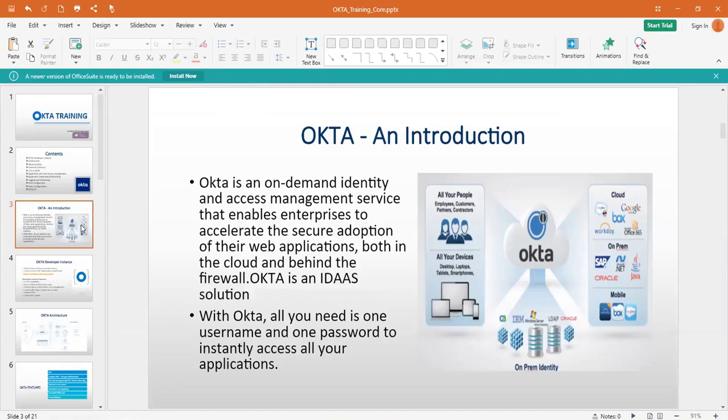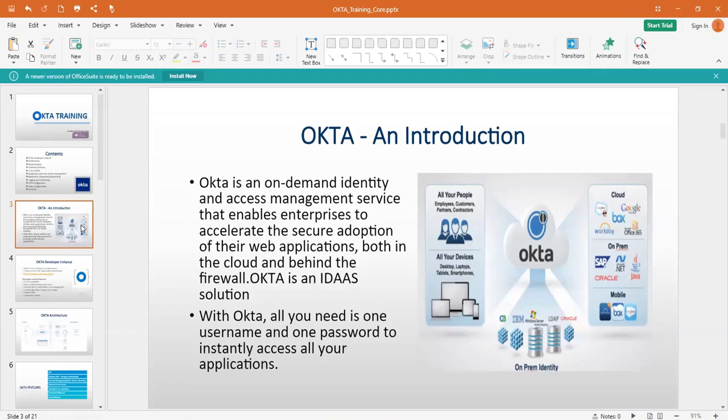Okay, and Okta, we call it an IDaaS solution. You know, there are different types of solutions called IaaS, infrastructure as a service, platform as a service, and there is another one I don't remember. So there are different services available in terms of cloud, right?